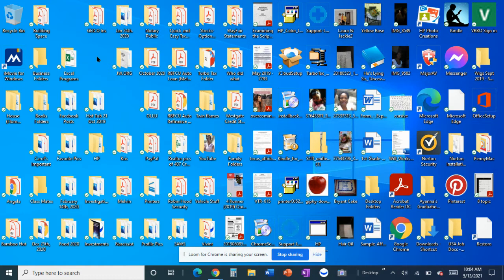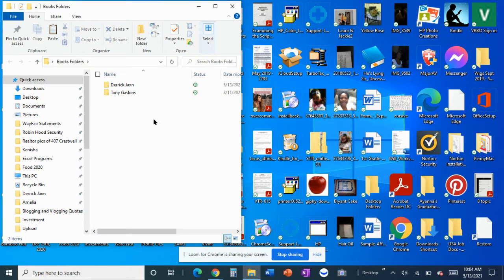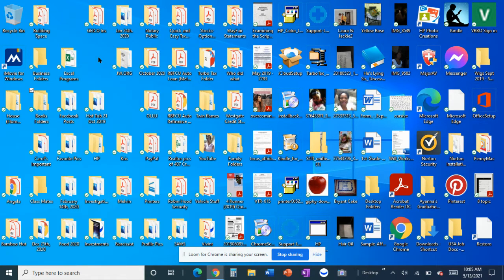Right now I have a book folder of books that I've been reading. You'll see a couple of authors there. Me, myself, I am an aspiring author as well. So I keep all of my notes and stuff in this folder. I keep a lot of stuff that's easy access on my desktop. So as you can see right here, we have a desktop folder. So what we're going to do is take these folders and get them inside of that one folder